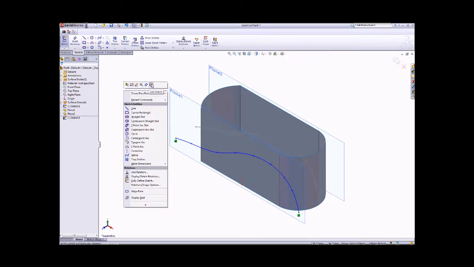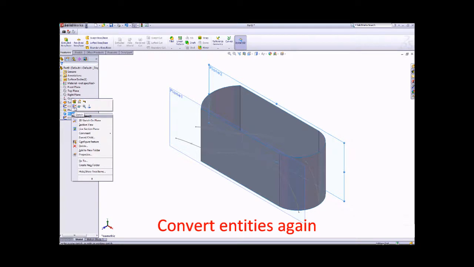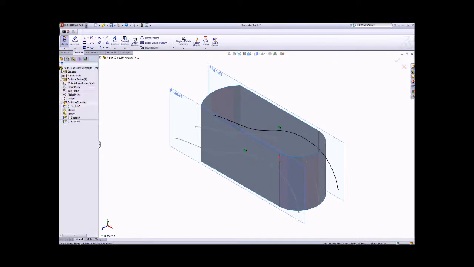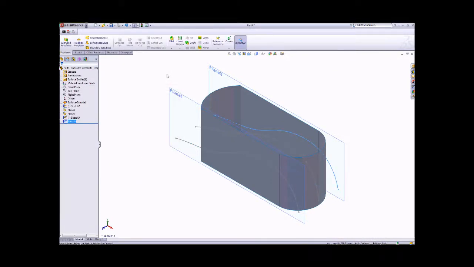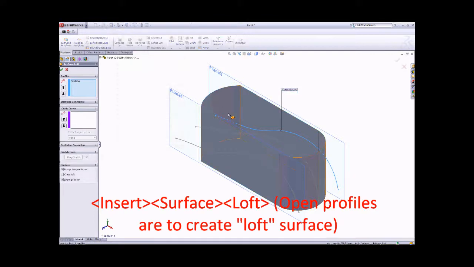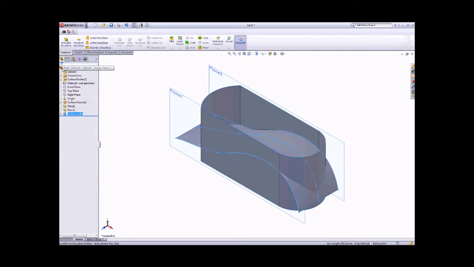right click to exit the sketch, and then you can click on work plane 2 to insert another new sketch, convert entities for the 2D, and then exit the sketch. So you can use that one to do the surface modeling. Loft to produce the loft here, 1, 2, and 3. So you just take to finish it, and then you can right click to hide your work plane,